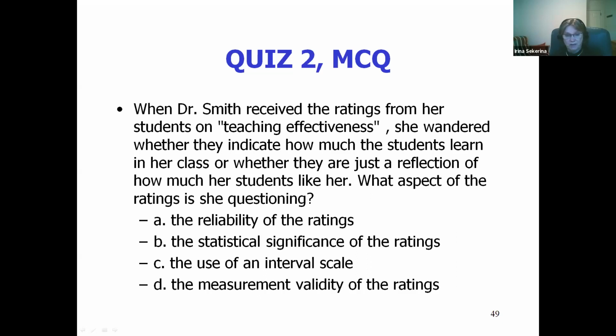Now, a couple of people say C. Do we have any information about what kinds of variables were measured by her questionnaire? For an interval scale, it has to be a quantitative variable, that is a number. There's nothing here in this question about numbers or anything. It gives us no information about whether the variable is